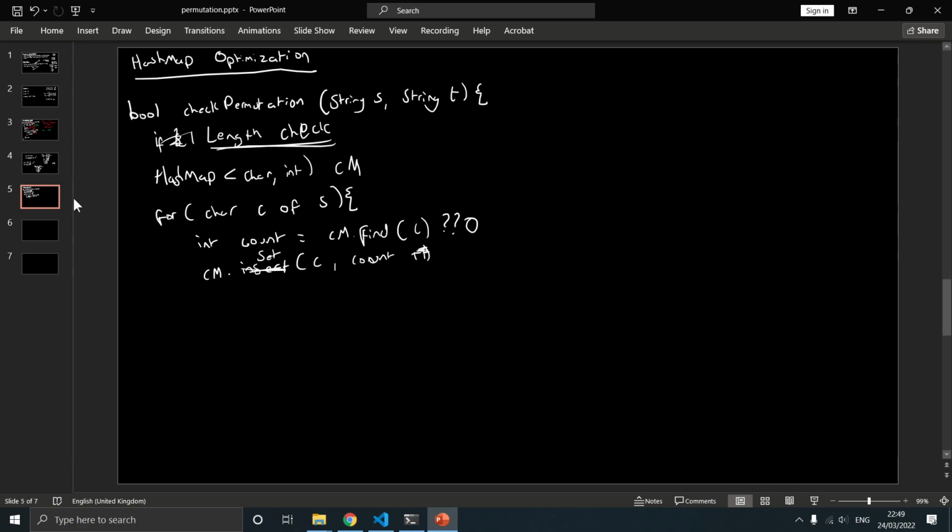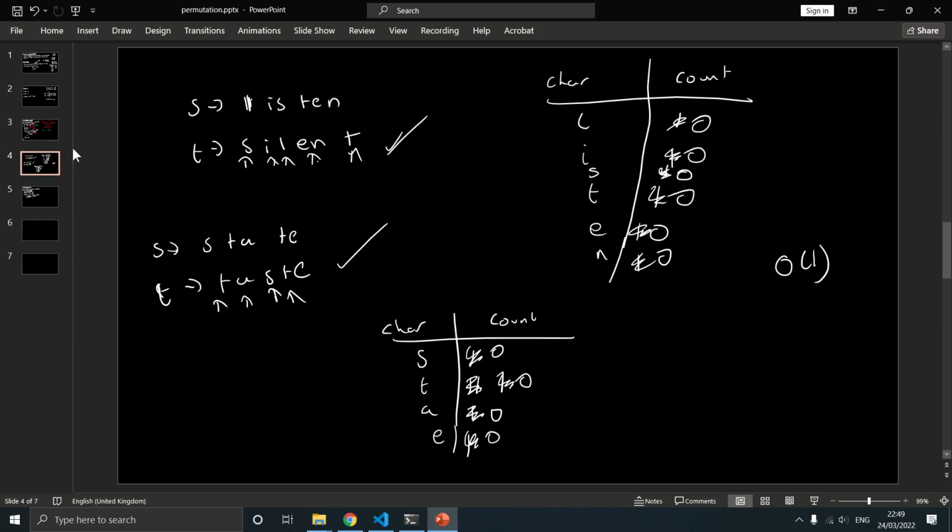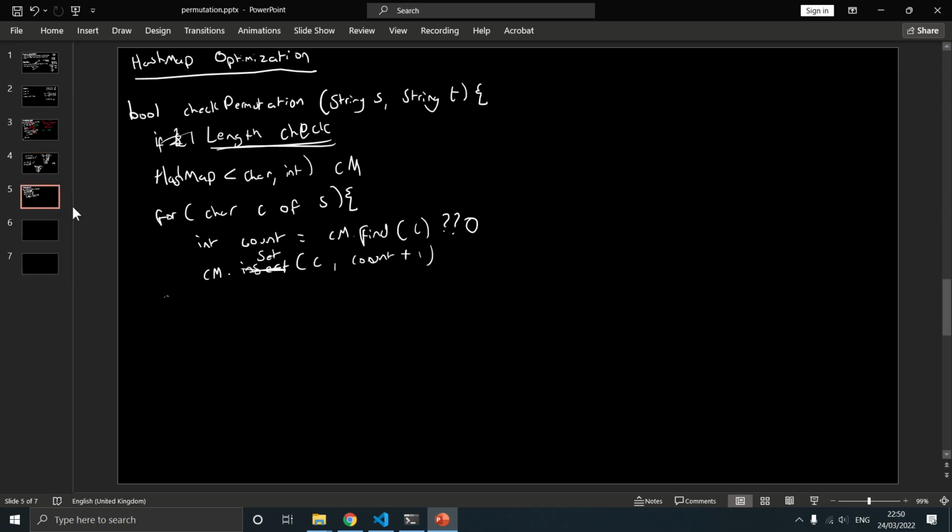So what's going on here is whatever we had, we look at what the count is in this table. We check what the value is. If we don't have a value, we just assume 0, and then we increase the value in there. So we've essentially built up this table by the end of that for loop. Then what we're going to do is look through the characters of t. So I'm going to say for char c of t. And what we're going to be doing here is we're going to say, again, int count